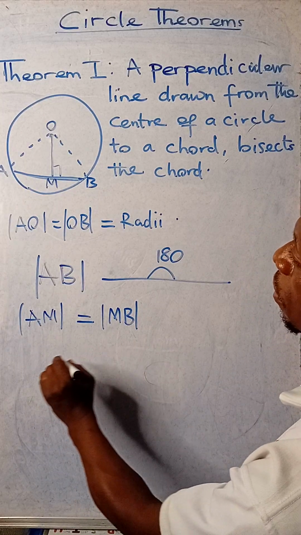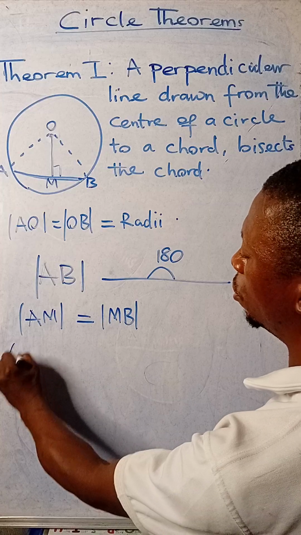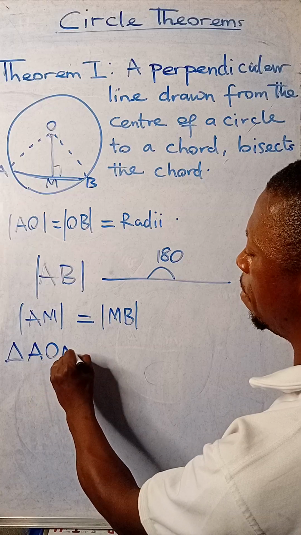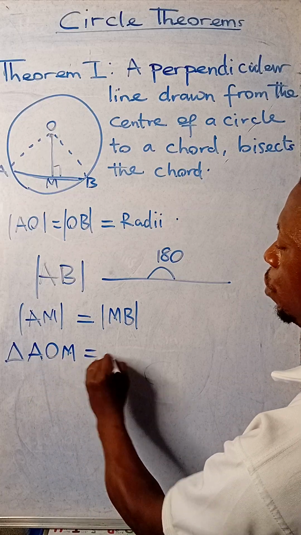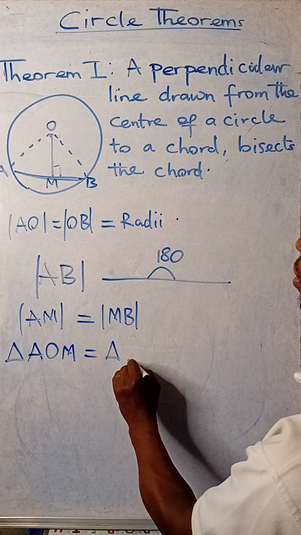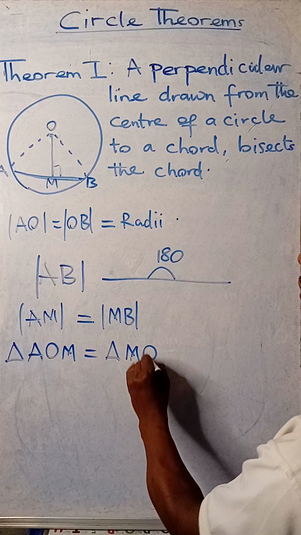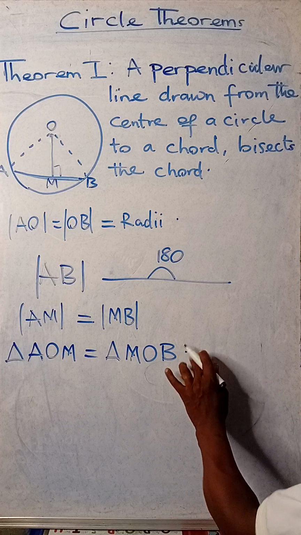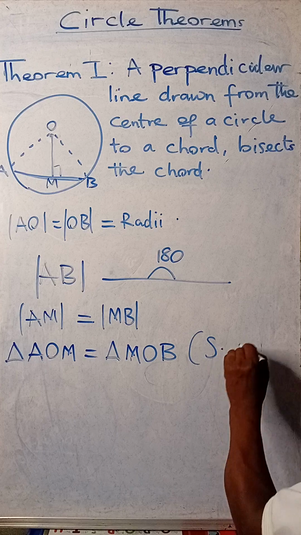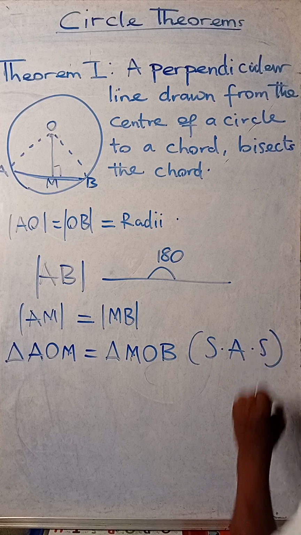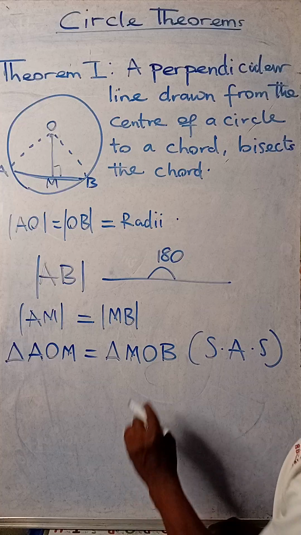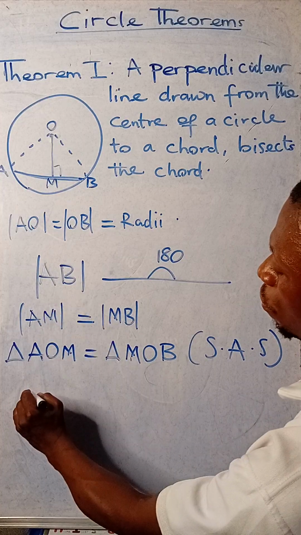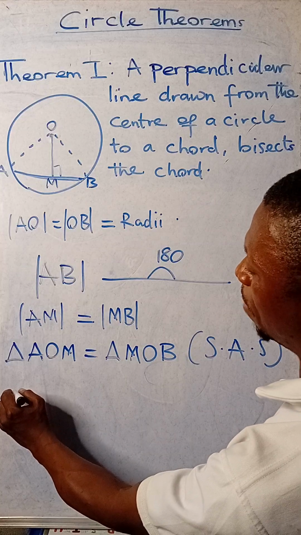So if that is so, we have triangle AOM equal to triangle MOB. Now we need to prove this. If this is true, then we have two angles equal. Now if we need to prove this, then we'll have to show that if that is true, then we have this. Remember that